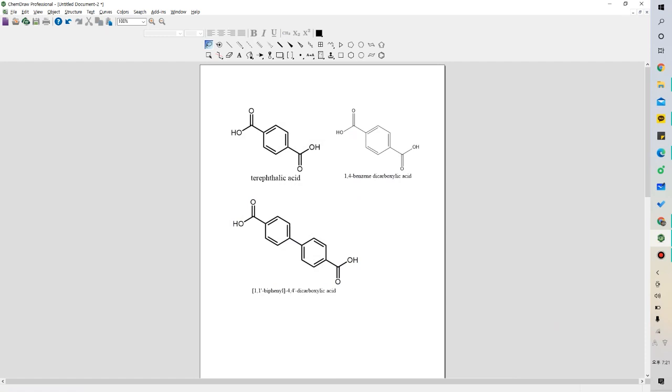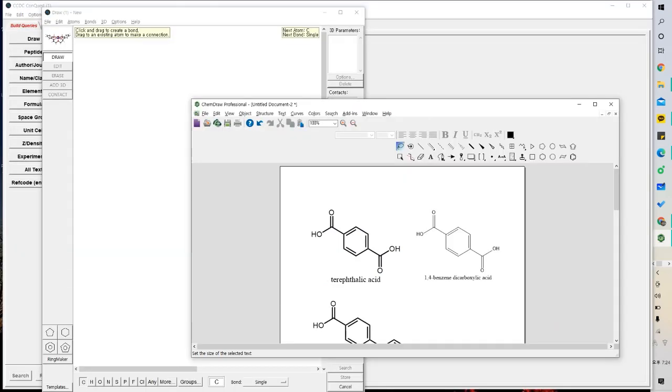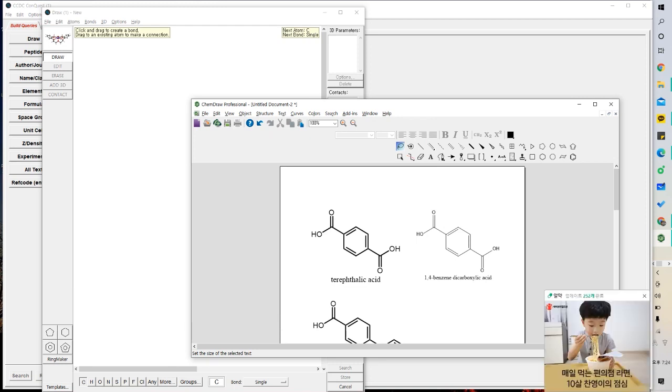ChemDraw software. As I said earlier, you could also import the structure into the CCDC Conquest and find the structure that has this molecule inside it as you desire.